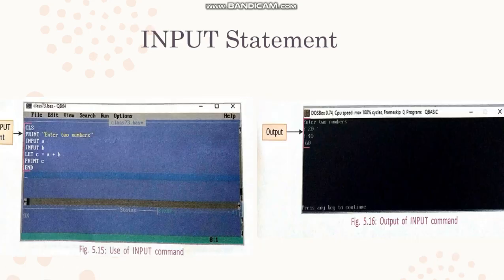The next one is the INPUT statement. The INPUT command is used to take data from the user. When the INPUT command is in the program, a question mark appears on the output screen. It means the user should type some data and the program then executes.